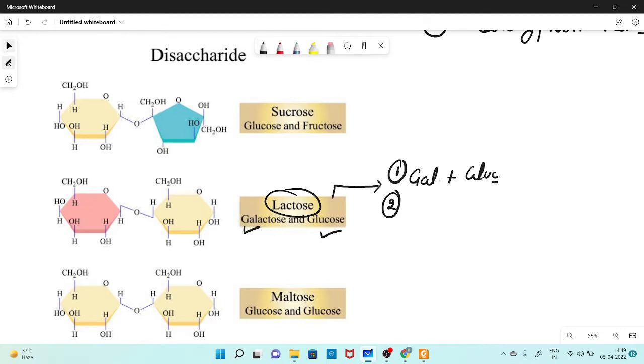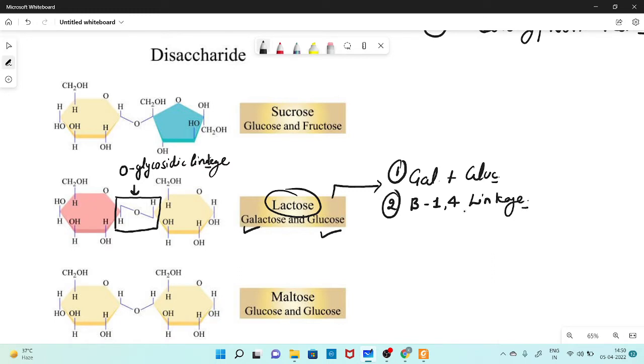The second point is what type of linkage they have. When two sugar molecules join together, this type of linkage is called glycosidic linkage, right? Now you need to remember at what position this glycosidic linkage is formed. So in the case of lactose, this glycosidic linkage is called beta 1,4 glycosidic linkage. It is denoted like this one. Beta